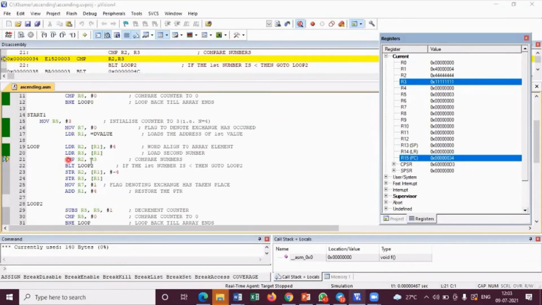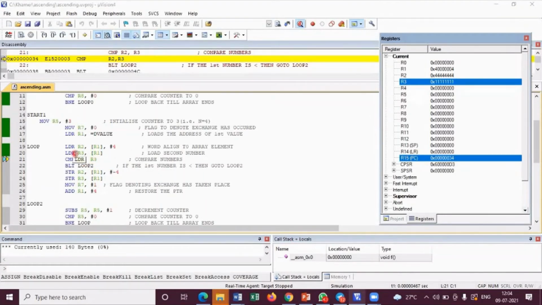It is pointing to compare R2, R3. Fine. Anyhow, I am recording, guys. I will be sending the link after this. Did you all get the link of the part B program? No, right? Ma'am will send it, because there were some 3-4 videos, so ma'am will combine and send, okay?